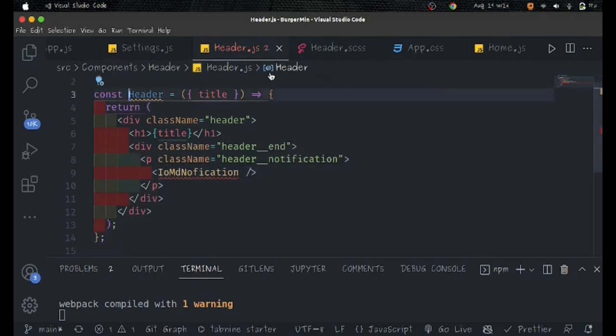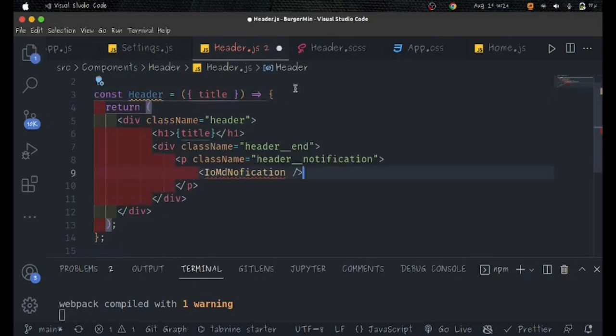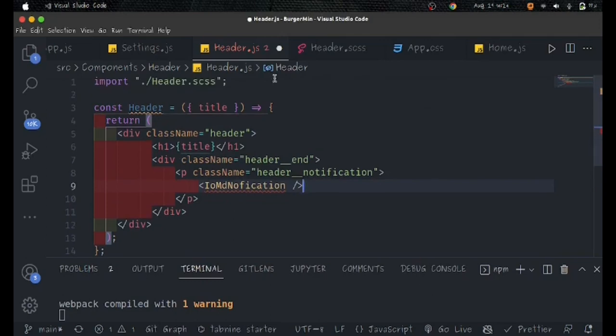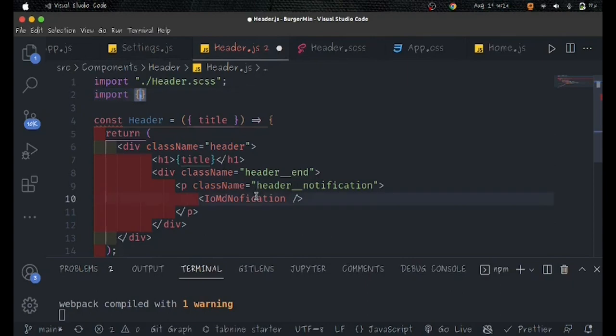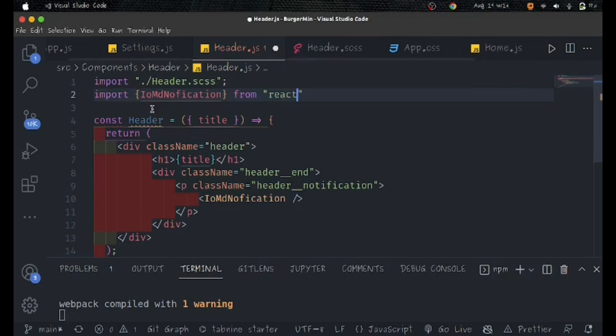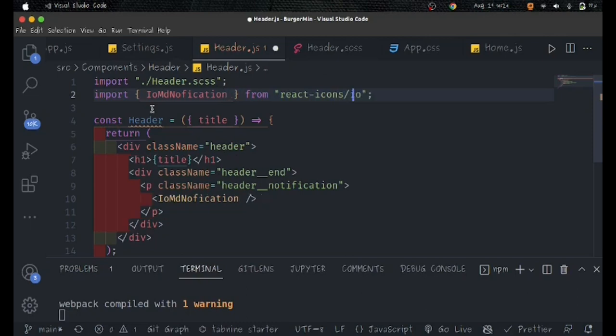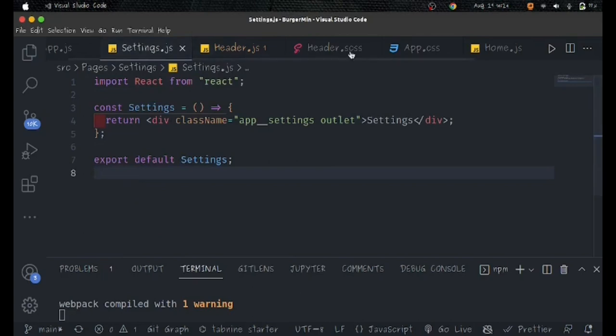So which means I need to import it from React Icons, slash io, like that. So now inside of our home,